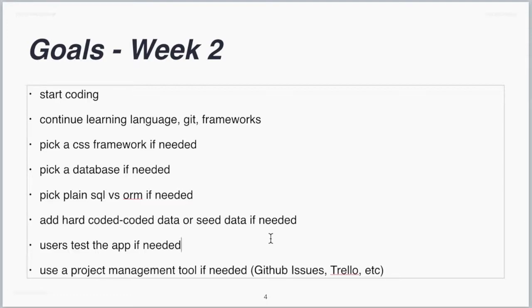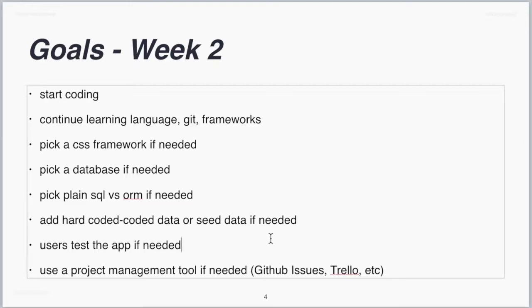The next one is pick a CSS framework. If you attended Mallory's lecture, she introduced Bootstrap and Foundation. So you can decide you want to use a framework or you want to do the CSS from scratch by yourself. I think one of the main advantages of the CSS frameworks is that if you're not very good at CSS, by using a framework you'll still have a decent looking site, and all you have to do is add some class names to your HTML.